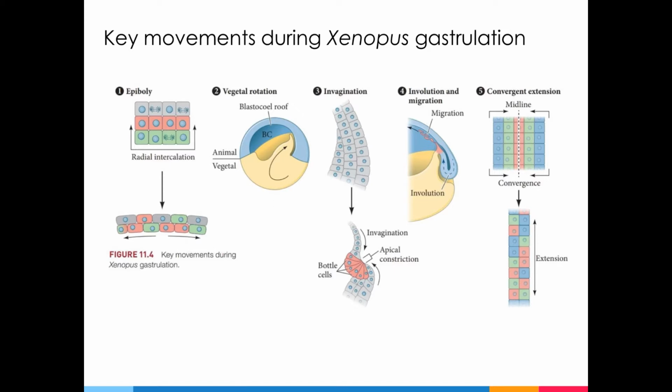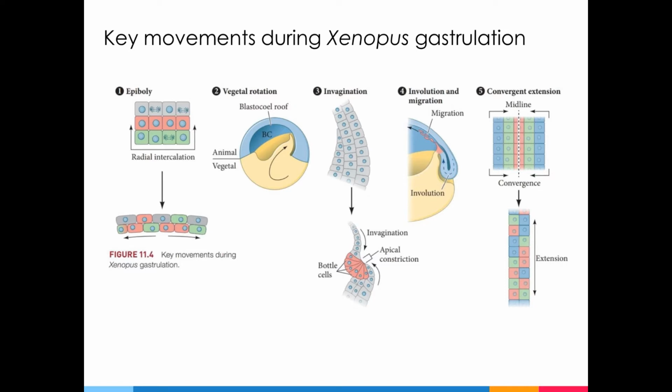There's also vegetal rotation, where the vegetal cells asymmetrically press up against the inner blastocele roof on the dorsal side. Some cells, which are known as the bottle cells because of their shape, begin to exhibit an apical constriction, which promotes invagination. Gastrulation in amphibians is also characterized by involution and cell migration, which allow the leading edge of invaginating cells to crawl onto the blastocele roof. Finally, the process of convergent extension, which involves the intercalation of cells in the midline, drives the elongation of the